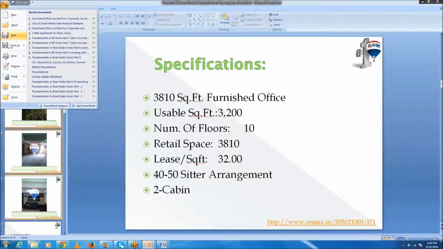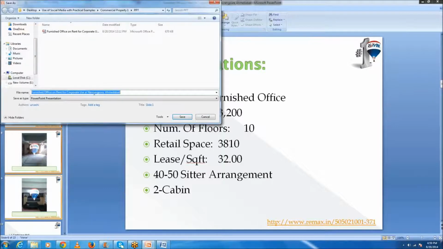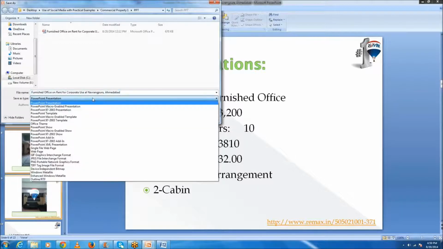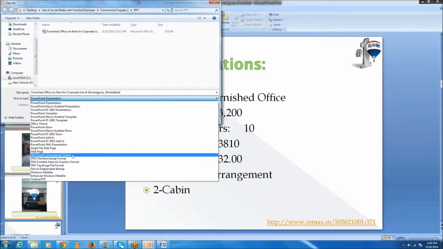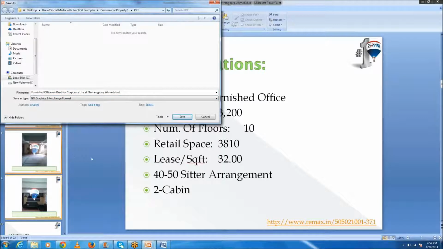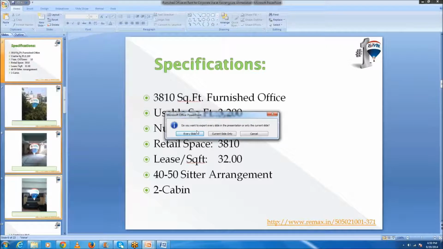Click on this and click save as. Keep the name the same as it is and go to this GIF format, Graphics Interchange Format. When you save it, it will ask you, do you want to export every slide in the presentation or only the current slide? So you will say every slide, right?